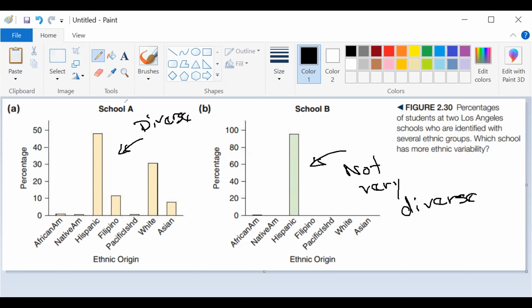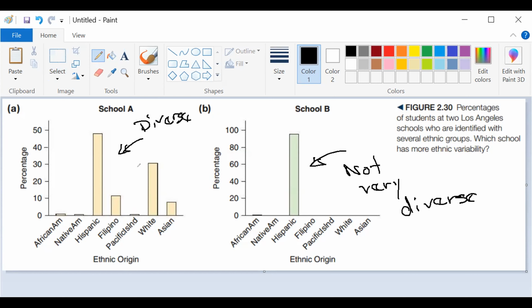You could also extend that idea. If a categorical distribution is diverse, then that means that it has a lot of variability. There are a lot of different outcomes, a lot of variation in the possible results. Since this is diverse, it also has a lot of variation in terms of the